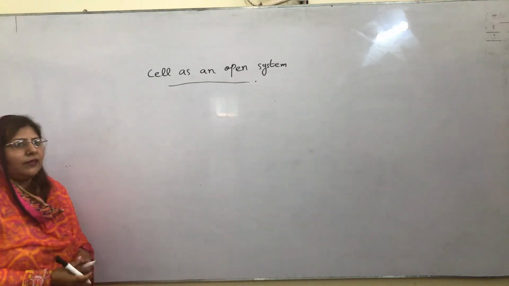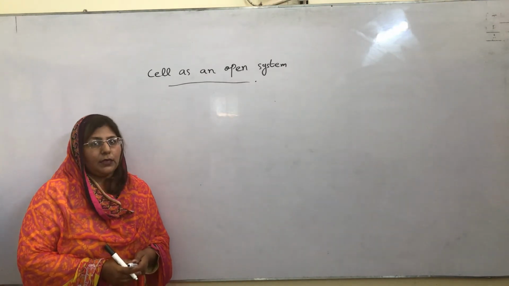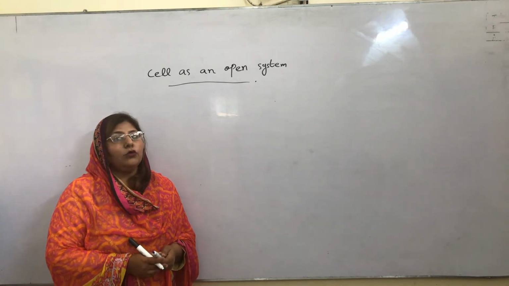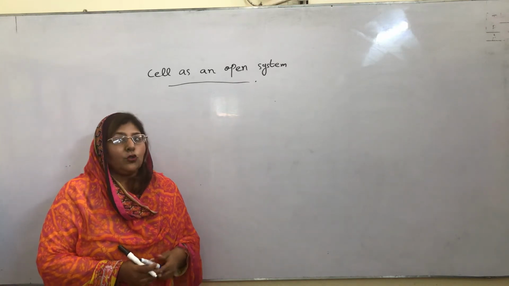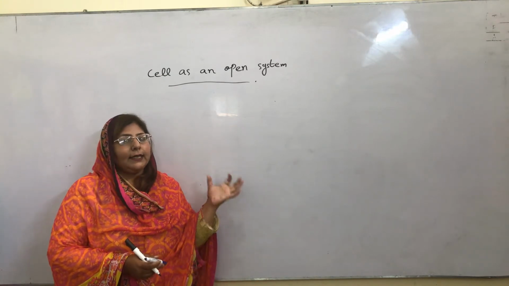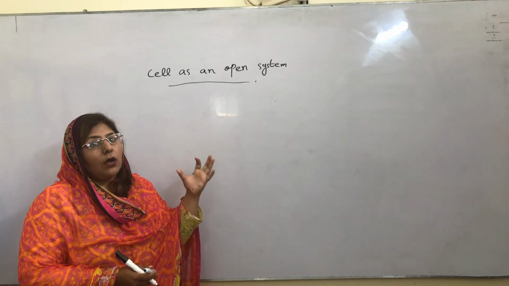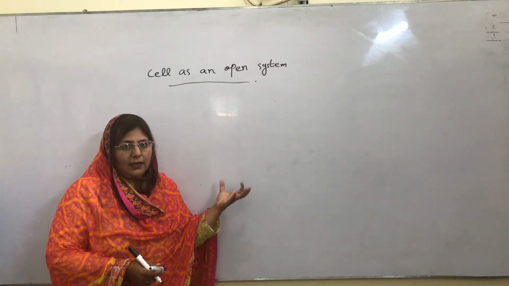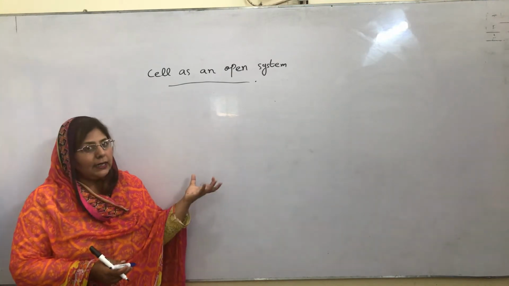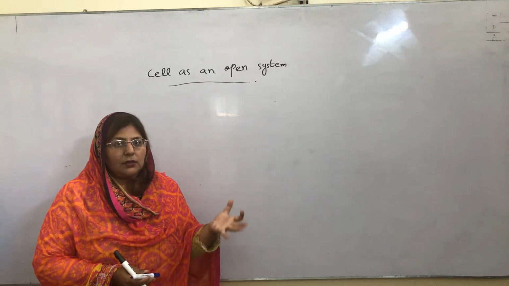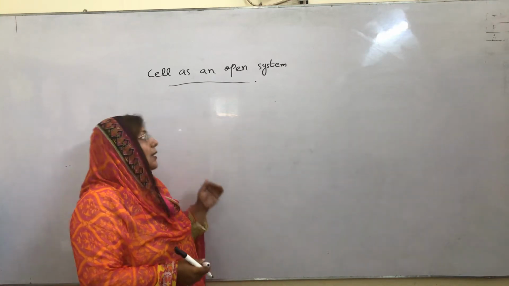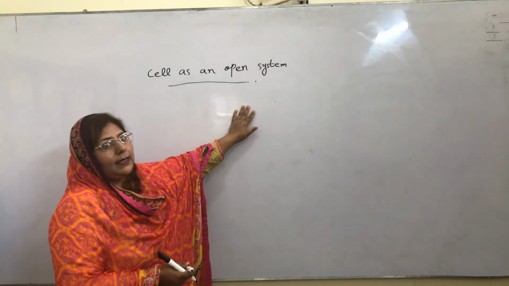This is very clear to all of us why the cell is called an open system, because many materials can enter the body of the cell and it can send out many materials from its body. So it has an open system because the cell makes ATP molecules. It needs energy in the form of ATP molecules. So how can it grow? It needs energy. So the substances which give energy to the cell can enter easily, and the substances which are not important for the cell can go out from the body of the cell. So that's why the cell is called an open system.